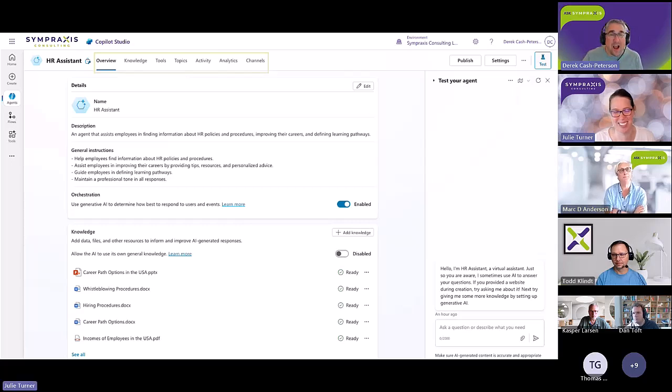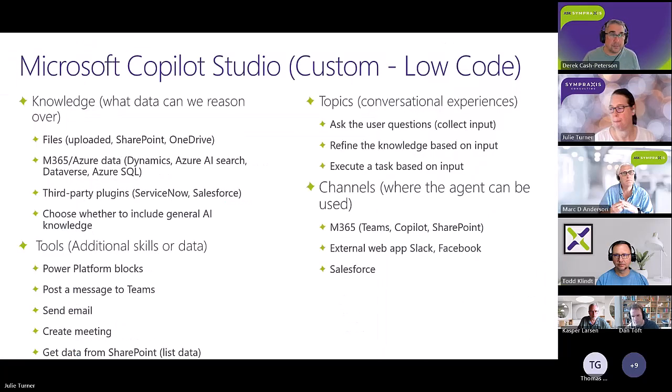Yeah, my fault. So here, from the Copilot Studio Makers page, you can actually create a new agent. And when you do that, you end up with this whole toolbar at the top. And each one of these are key components that we can do to customize what the agent is going to do, how it's going to react, what are the analytics around it, and all that. I think we can actually just go to the next slide. So this is sort of an expansion of what Todd was talking about earlier, what SharePoint Agents doesn't have, is what Copilot Studio has.